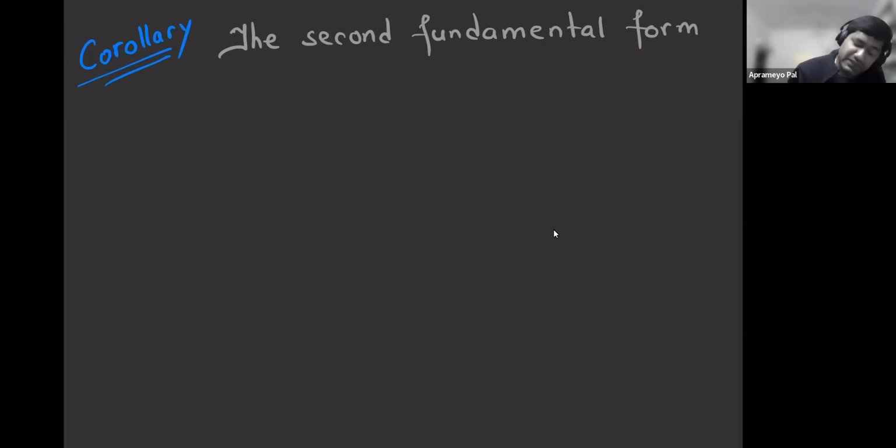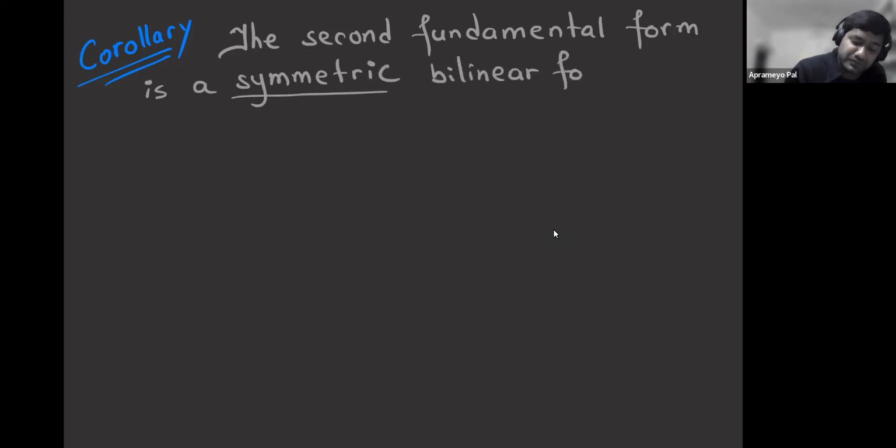But that's not only a normal bilinear form. It has an even nicer property. It's a symmetric bilinear form. So the second fundamental form is a symmetric bilinear form. Or equivalently,